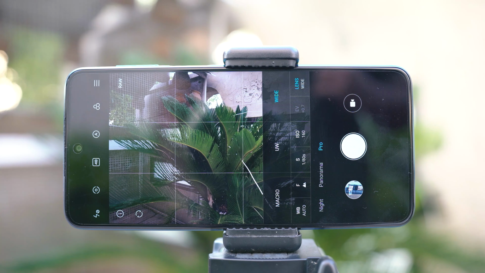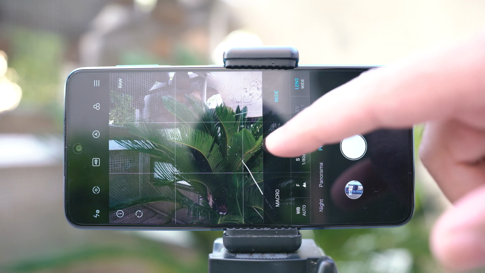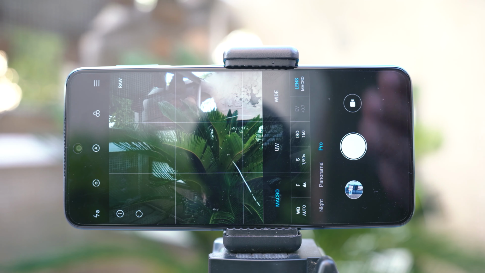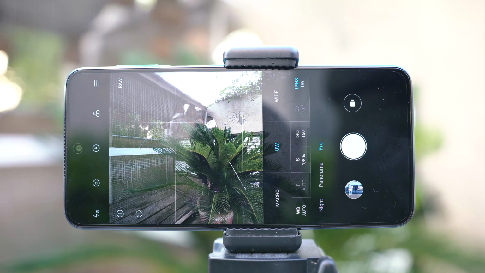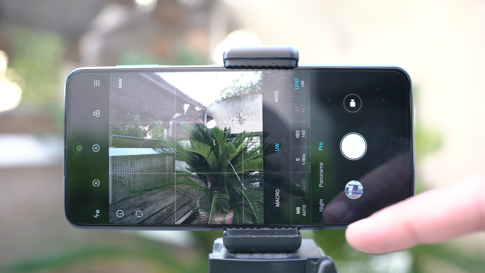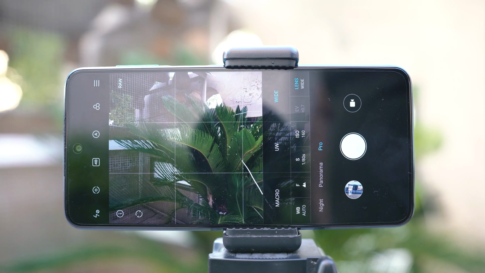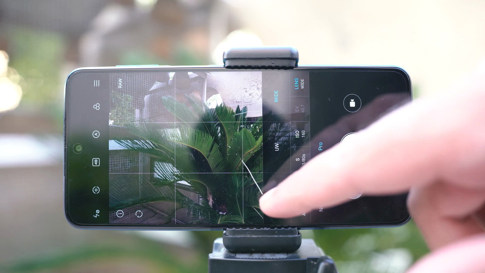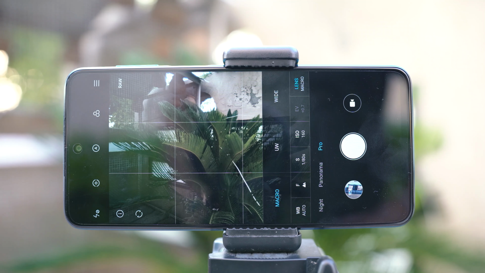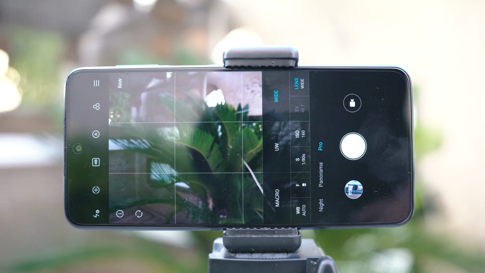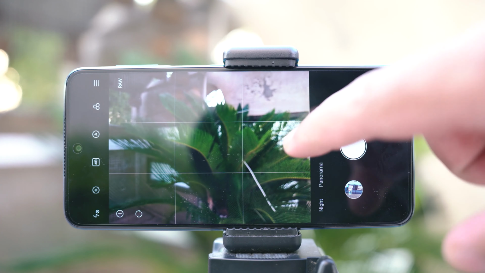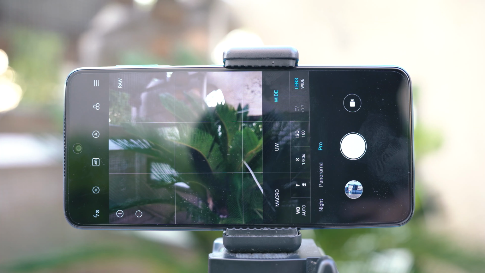Now the very first thing that you keep in mind is that when you switch the lens from here, it will also change some options that are available to use right now. For example, if I turn on the ultra wide camera, you can see that I lose the option to manually focus, and I also lose the option to change the exposure from here. However, with the wide camera, which is the main camera of this phone, all the options are pretty much changeable. Now if I switch to the macro camera of this phone, you can see that it's only the exposure that is faded out. Other options are still there and they can be used. So let's start off with the options appearing on the screen. I hope that you have understood everything about the lenses here.